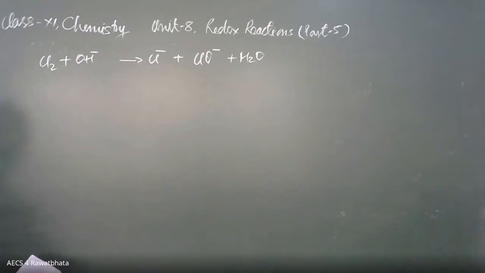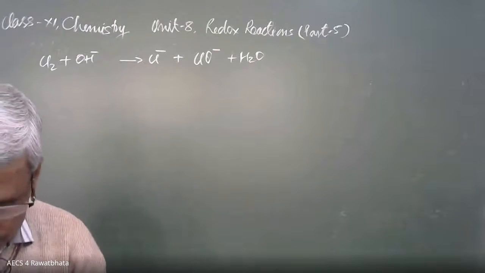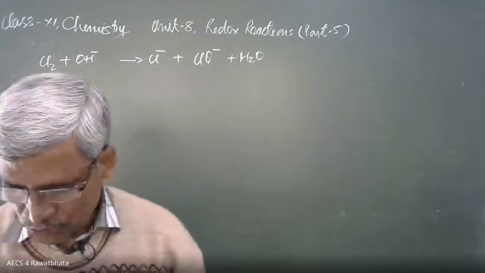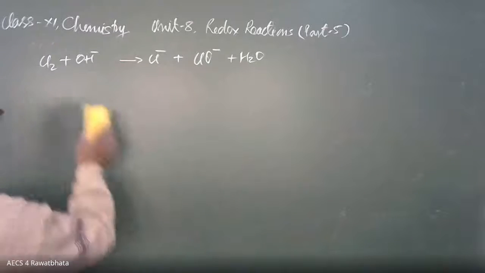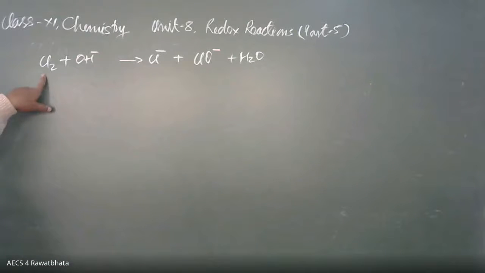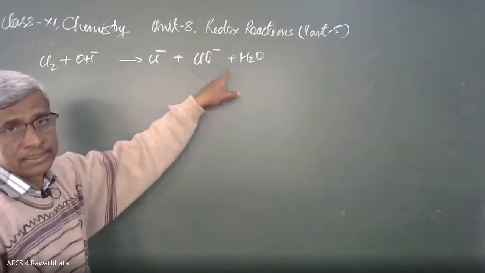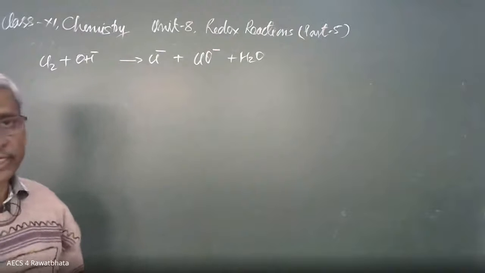And the second one is one more reaction I am writing here. This is the reaction only. I have written only these reactions, so please try to balance this reaction. Try yourself at home. And here I am going to take one more topic in this lesson: types of redox reactions. Here, please note down Cl2, chlorine, into chloride and into ClO minus. It is one of the chlorine oxide ions, the hypochlorite ion.